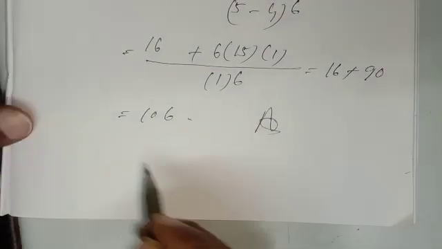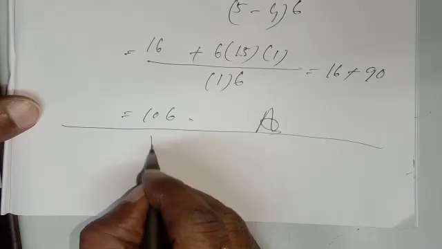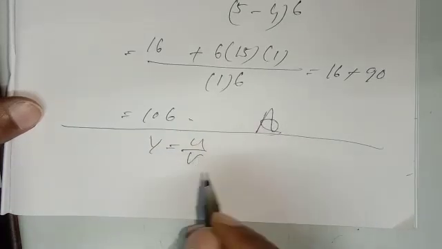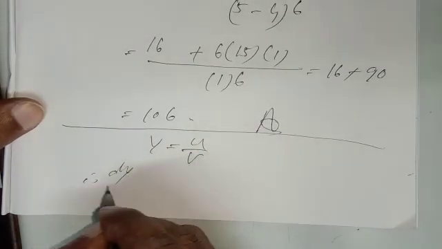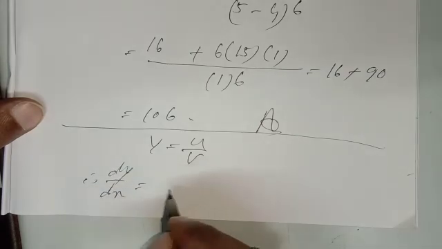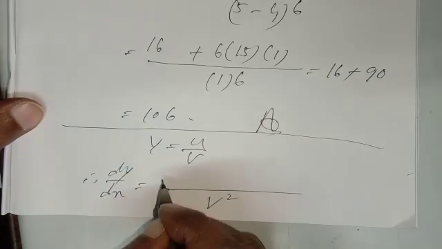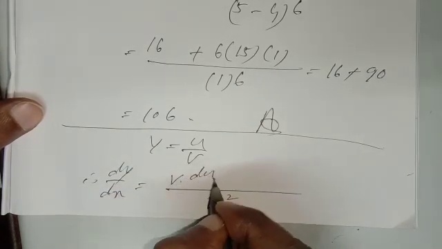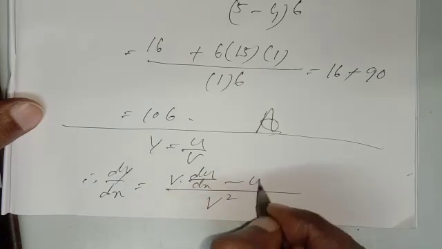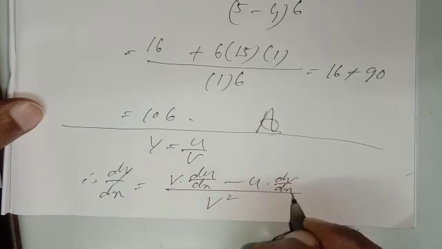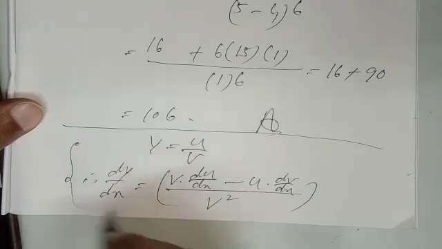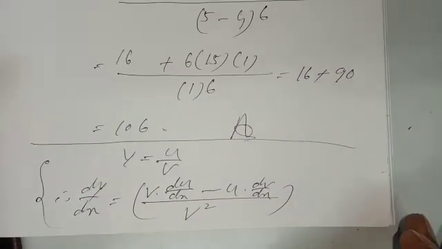Okay. I think you have memorized the formula. If not memorized, I am writing for short. If y is equal to u by v, then dy by dx formula is what? I am writing for you one last time. You have to memorize: v square in the denominator, and v into derivative of u minus u into derivative of v. This is the formula I applied here. Let us go one more sum.